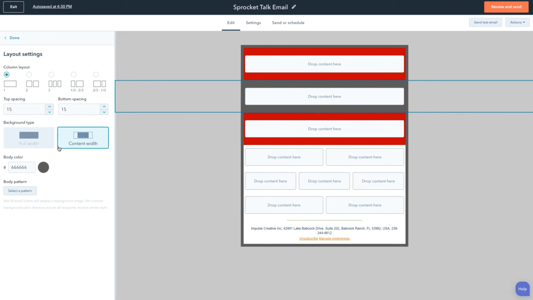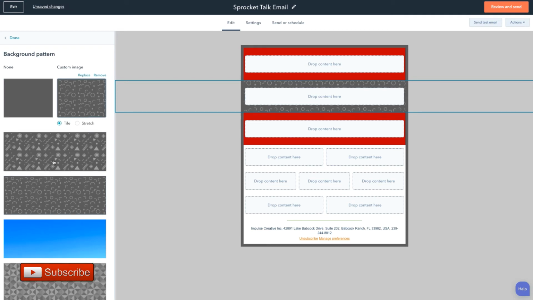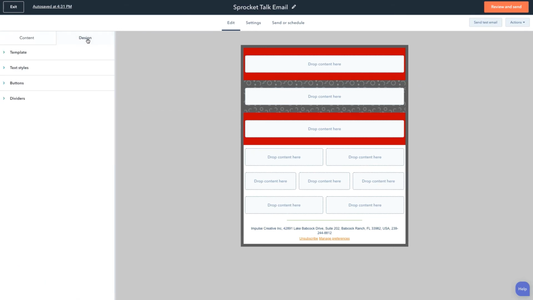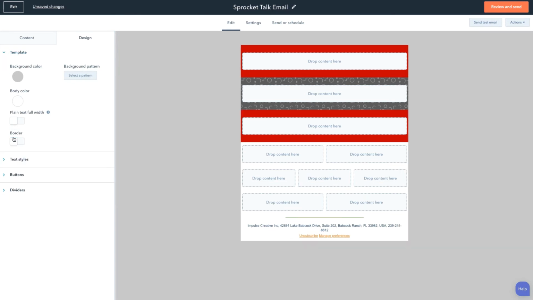Now, I'm going to go ahead and click back on that, and you're going to see this is where we can add a pattern per row as well. So maybe I just want to have a nice pattern in that little section. Again, let your mind wander. Let creativity wander. Let me go ahead and hit done here for a second. I am going to go back into the design because remember, I wanted to show you the full width. And if we go to the template style, there was a border that we had applied here earlier in the course. I'm going to turn that